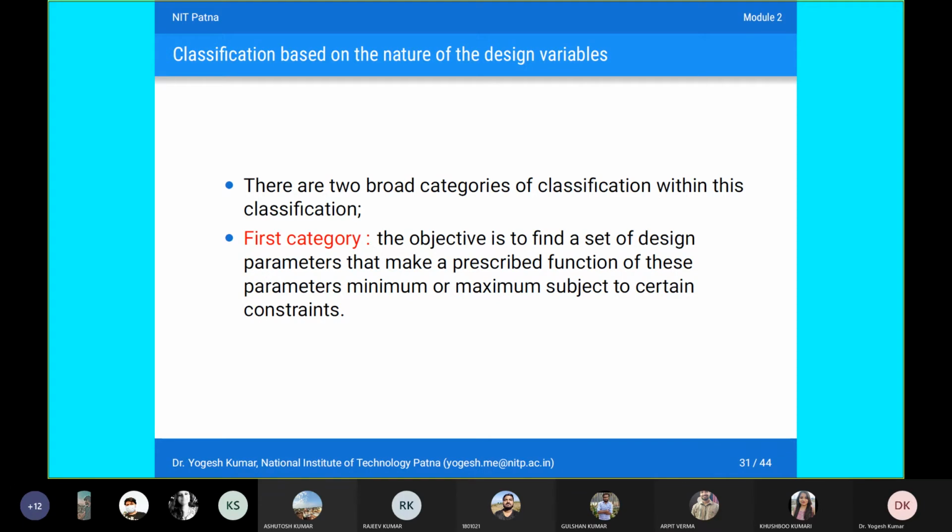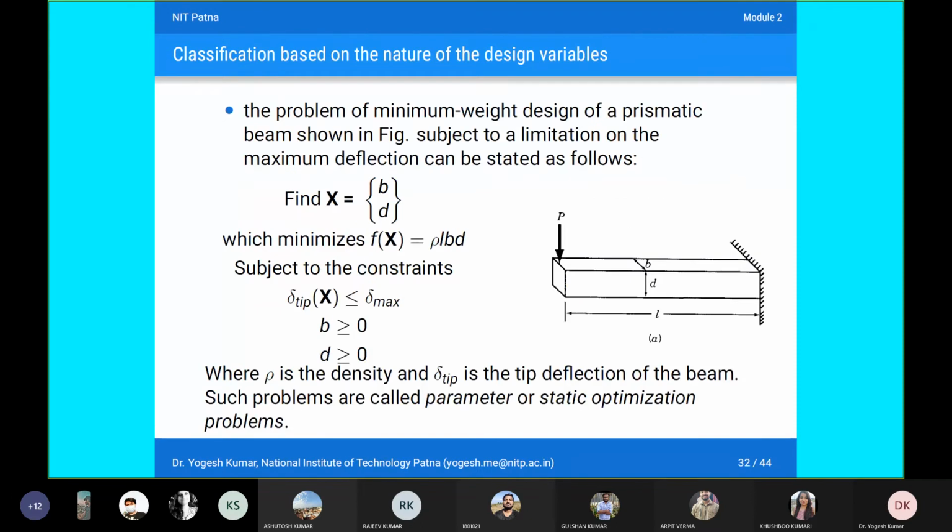In this first category, your design parameters are having certain constant values. Let us see this particular example. Suppose we have applied a certain load on this cantilever beam, which is having width b, a height d, and length l. So here what we are supposed to do